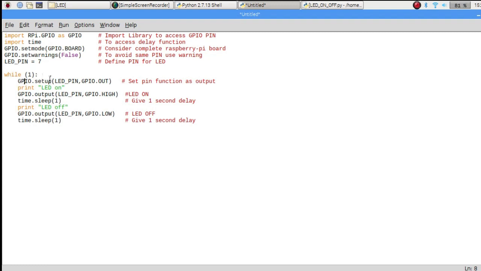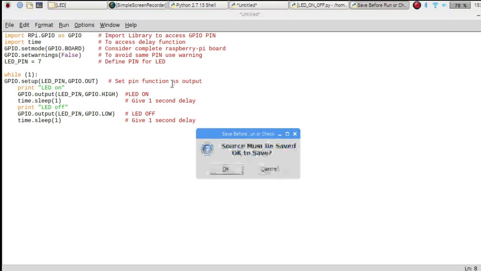And whenever you declare any loop, you should give one space or one tab for your program. This is called the indentation rule for Python programming. So if you do not give any space and you go to run and compile the program,